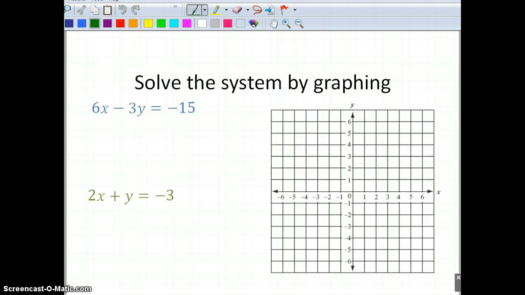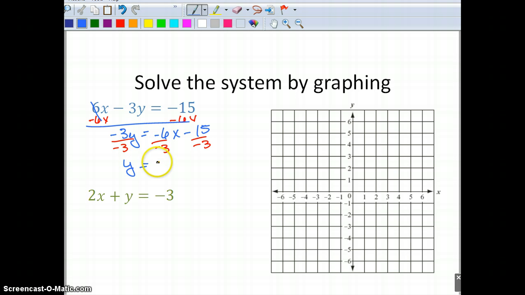Okay, now let's solve one more. The first thing we're going to do is subtract 6x from both sides. So we have negative 3y is equal to negative 6x minus 15. Divide each and every term by negative 3. So now we have y is equal to positive 2x